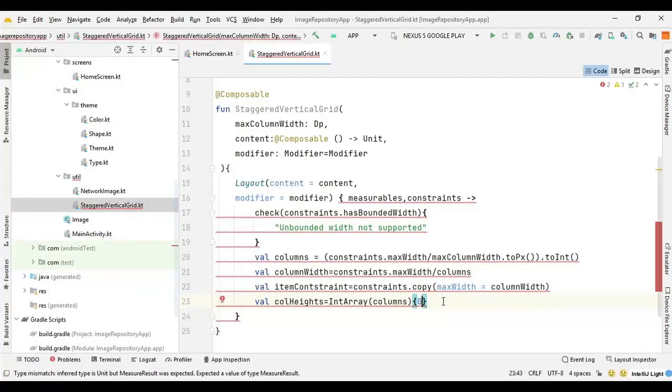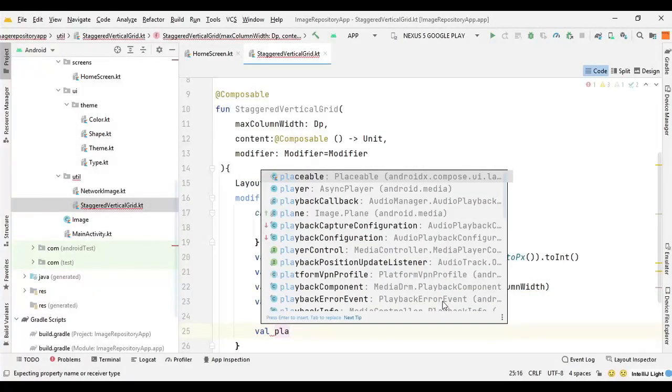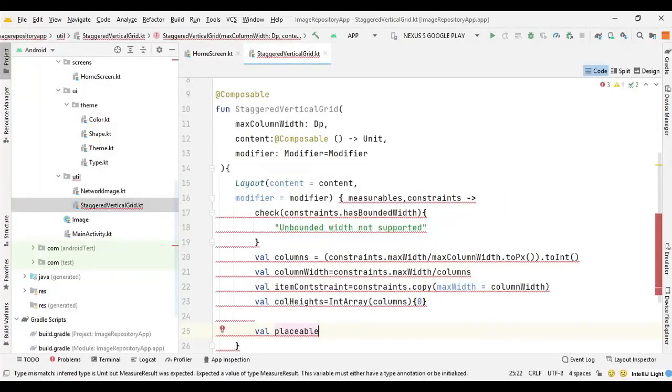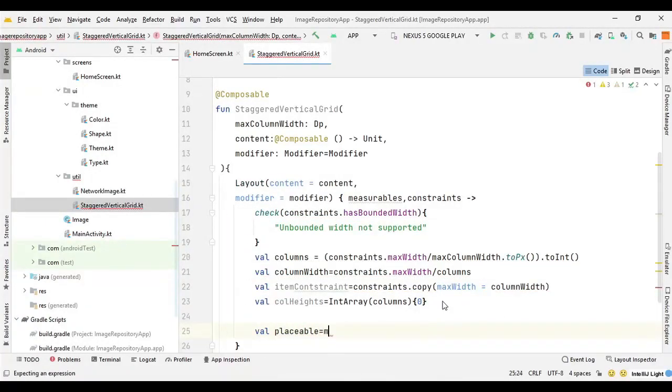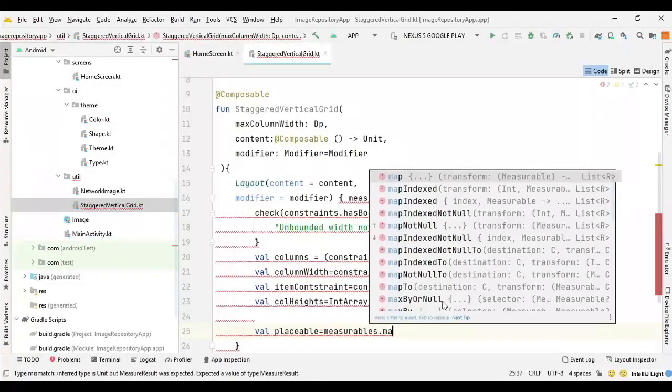Then we need all the items that we are going to put in the column. So we can say val placeable equal measurables dot map.